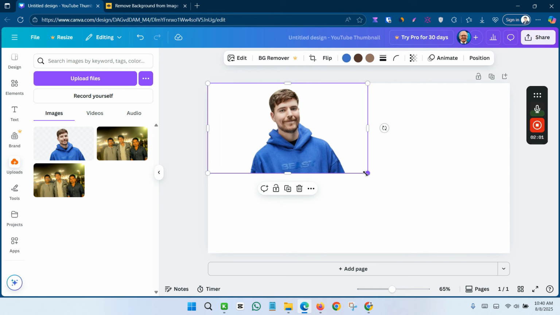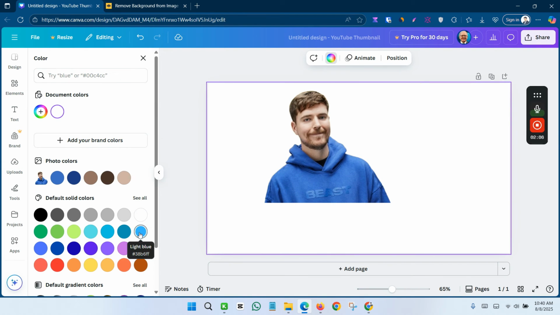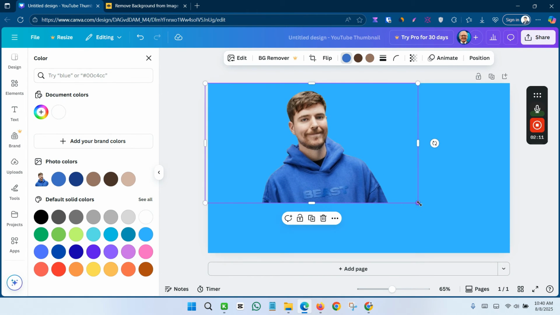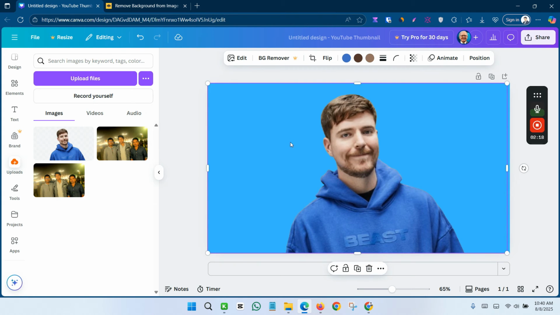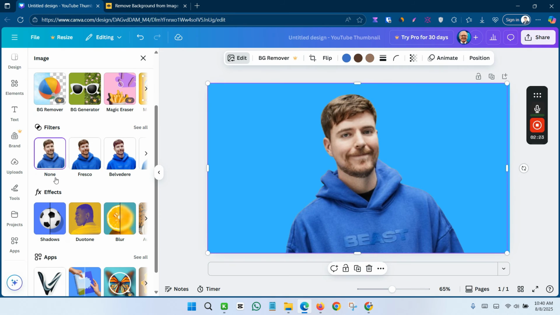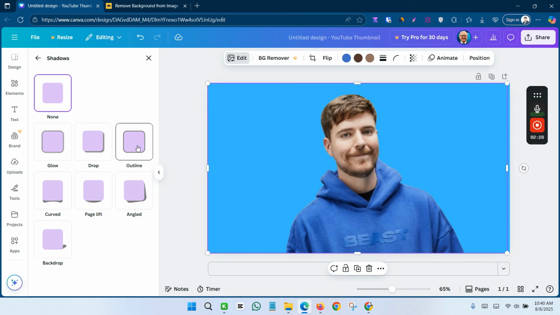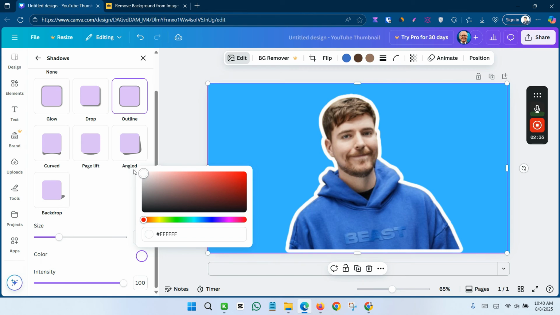Now adjust the image here. Let's say I want to change my background first, and this is the image, and I want to make this image outline a white outline. So now click the image and click the edit button and go to effect and click the shadow button, and now select outline and customize the outline color. I want to make this outline color white,